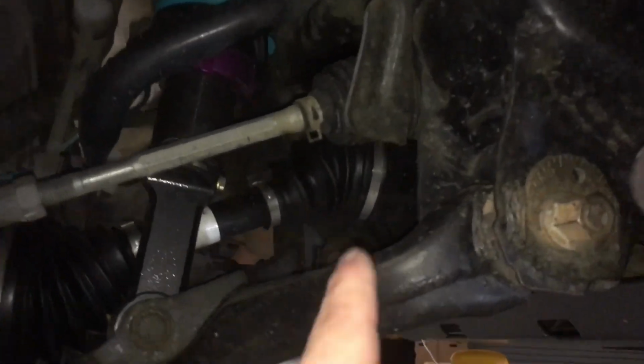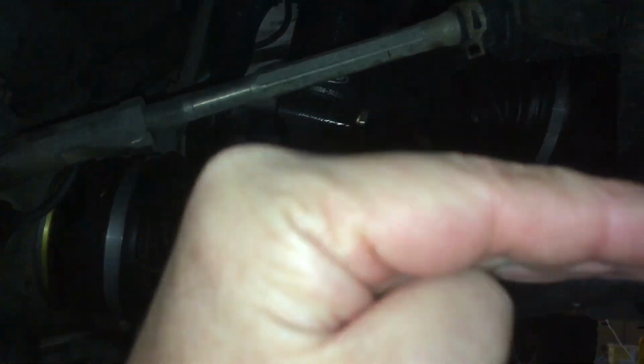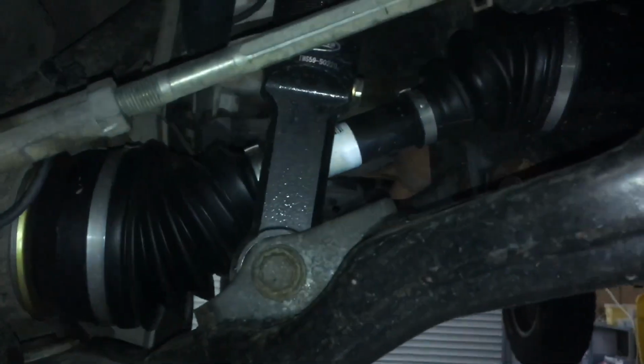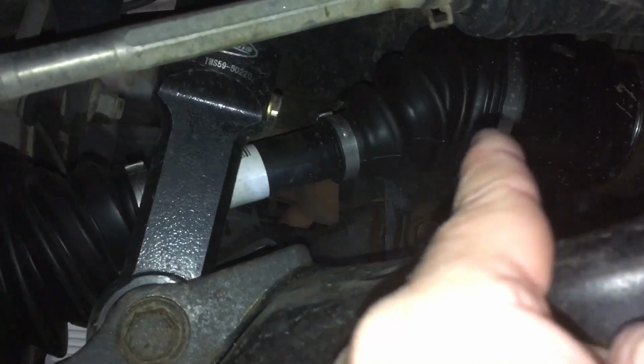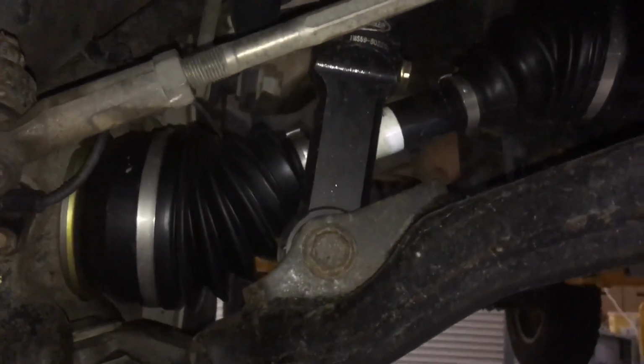What I mean is, it's got to go between the diff there and the bearing here, right? You put a longer shaft, when it comes back to level, it's got to be pressing, causing problems. You know what I mean? So when it goes down, that inner joint is slid out, and when it goes up, it's slid in. It's already got the correct size shaft. You can only put a longer shaft